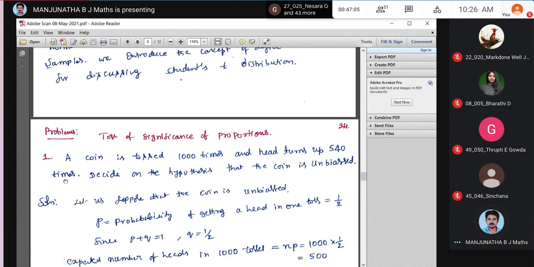And note the confidence interval, that is the 99% confidence interval. The confidence coefficient that corresponds to it is 2.58. You note that. And what is the standard error of proportion? Square root of PQ by N. And what is the probable limit? P plus or minus 2.58 into square root of PQ by N. That is ZC, 2.58, at the 99% level of confidence. This is what I want for the next class. In the next class we have test of significance of proportions, and to do the problems on that, I want this.